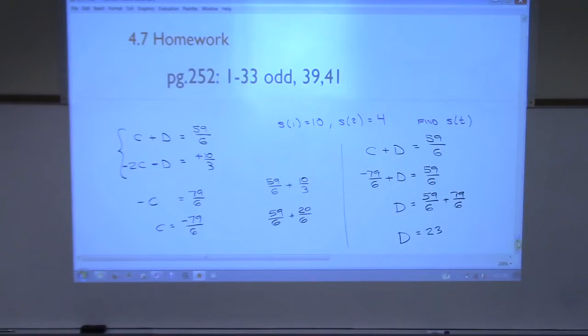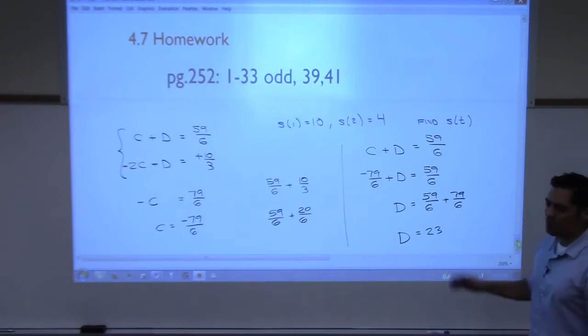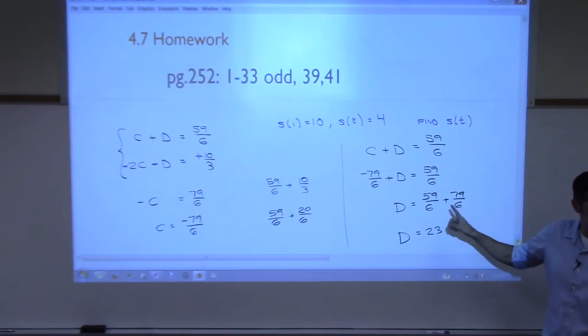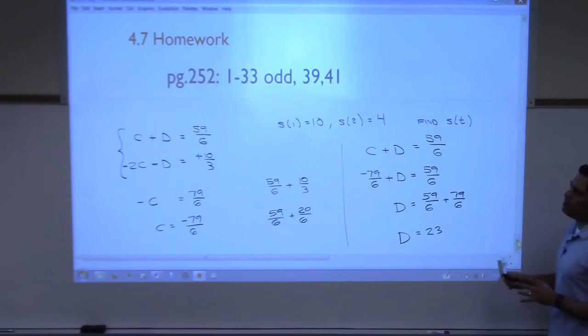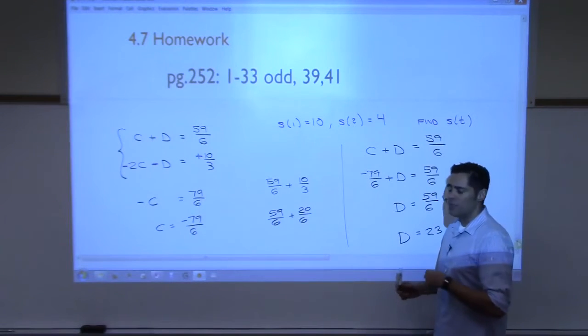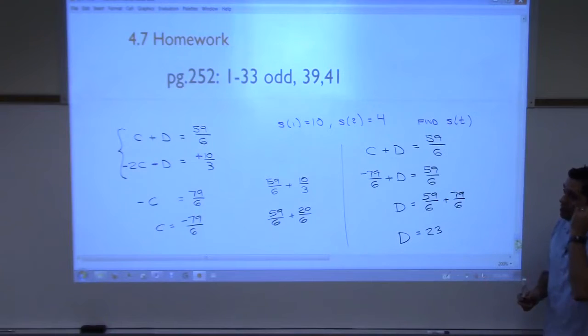So that's it. We have C and D. So now you could go back and rewrite that position function, right? Do I need to go rewrite it, or can you go plug those in yourself? Okay. So that illustrates that if you don't have any information about the velocity, you can still get the answer as long as you have two pieces of information about the position, but you might wind up having to do